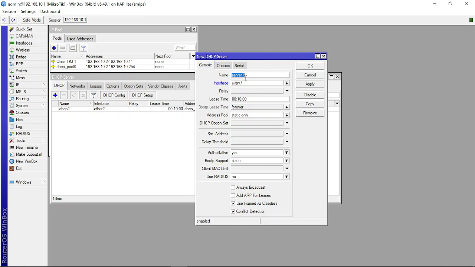For the name, anything, for example, class TKJ1. For the interface, we select VLAN1, and for the DHCP pool, we change it to class TKJ1.